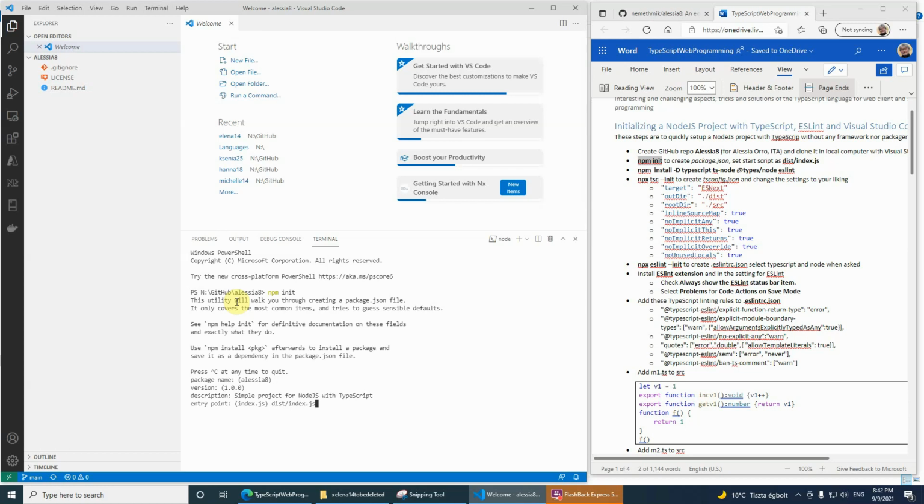The reason is this: because I'm going to use TypeScript, the compiled code is going to be stored as output into the dist folder, as distribution. Test command, git repository, keywords,